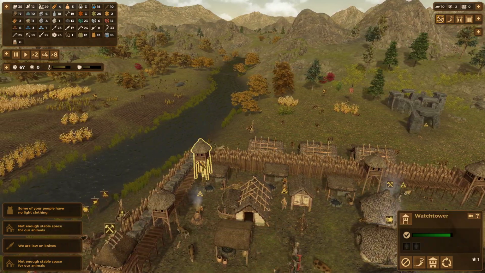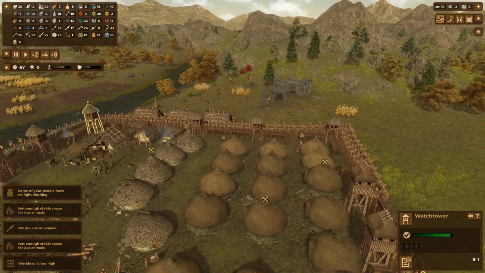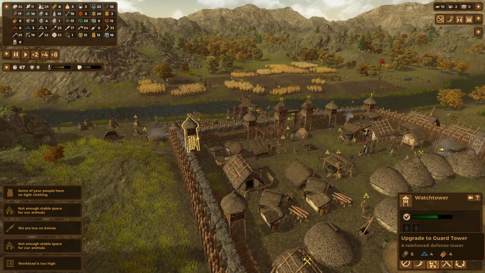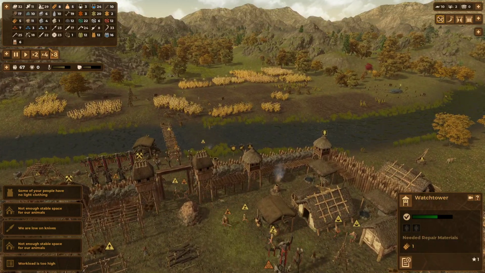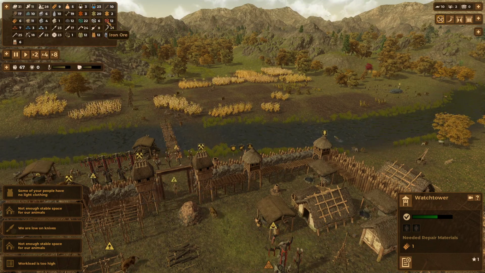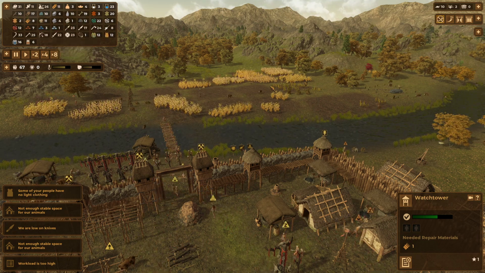Now I think I would like a guard tower in each corner. So let's do that. Let's upgrade 1 at a time, or just do the 2 at the front. That'll do. We need quite a lot of iron, and we are getting through all of our metal reserves. But that's cool. We're using it. That's for a reason. We're gathering in our harvest now,